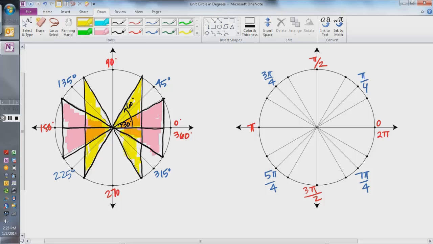Okay. So when I look at this, focusing on just these black lines here, and I'm going to erase what we have in the 45s for now. Looking at this, what I'm really doing is I'm taking my 90 degrees and I'm breaking them into thirds. So here's a 30 degree increment, here's another 30 degree increment, here's another 30 degree increment that gets me to 90. If I'm doing this in degrees, this is 30 degrees, 60 degrees, 90 degrees, 30 degrees more, that puts me at 120 degrees, 30 degrees more puts me at 150,